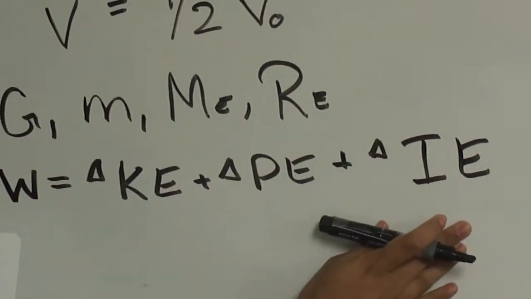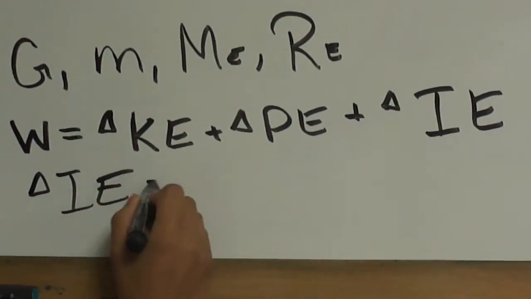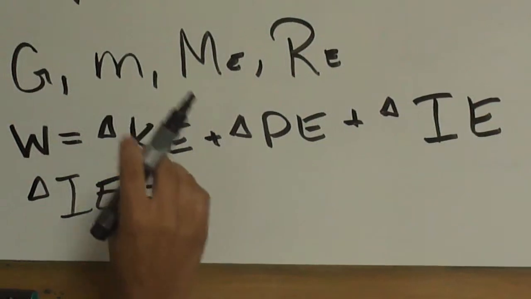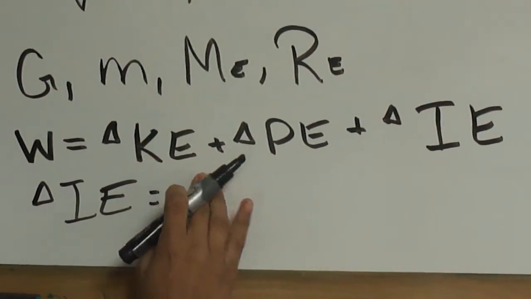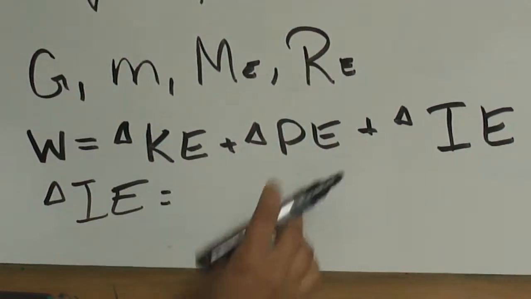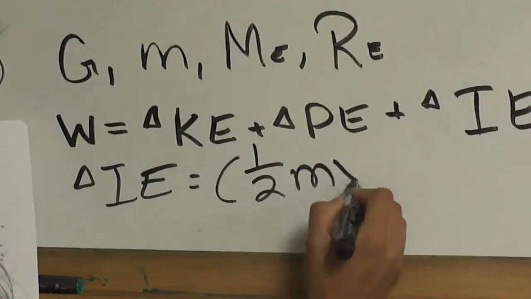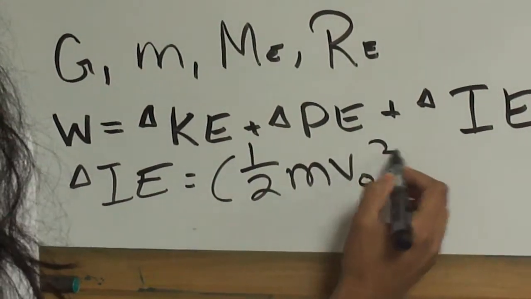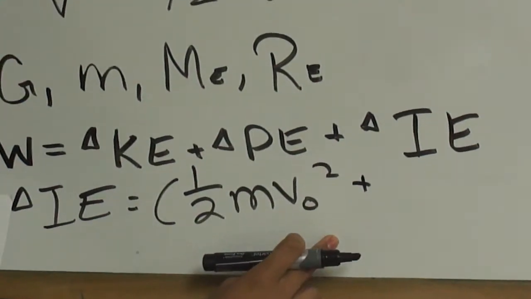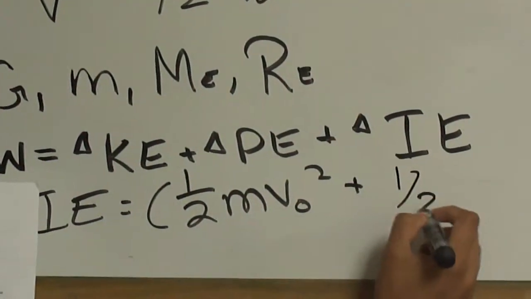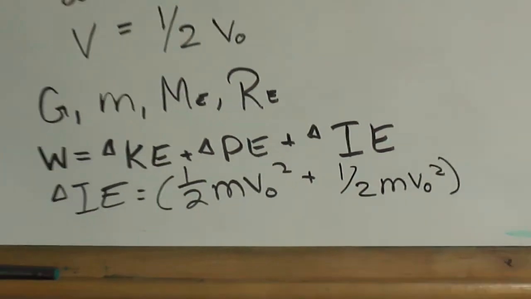So this is what we're solving for, our mechanical energy, which is equal to the change in kinetic, which is 1/2 m v initial squared plus 1/2 m v initial squared, that's the change in kinetic,